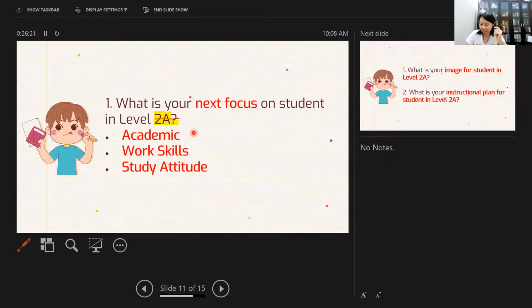The academics part first. When he comes back, I will check his +2 and +3 concept first. If he's okay, for the speed, I will observe one more time for the +2 and +3, or when he does the 191, then we can see whether he has good mental calculation for the +2 and +3. So maybe assign the 191 worksheet in the center, and my action plan is academic first. I will do the academic first.